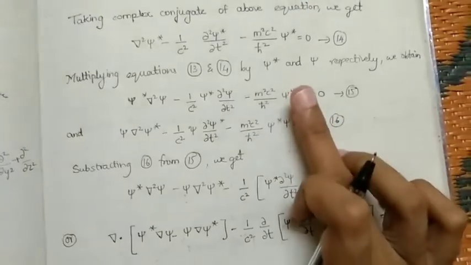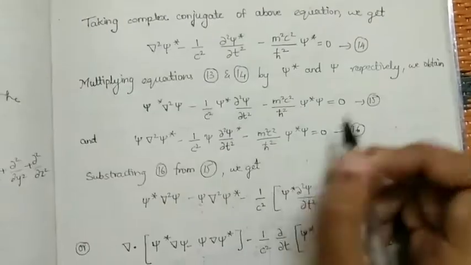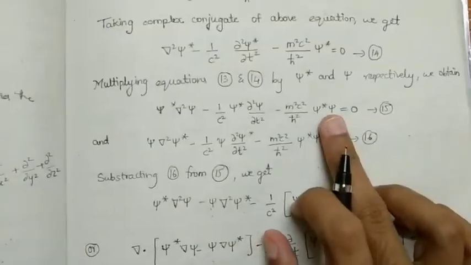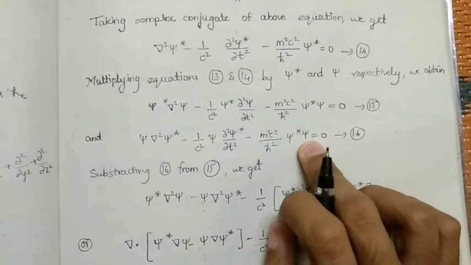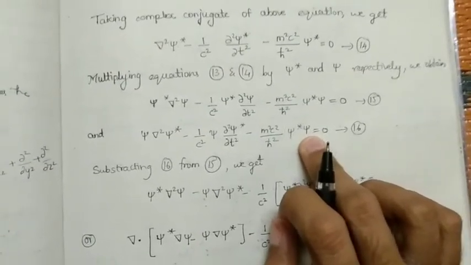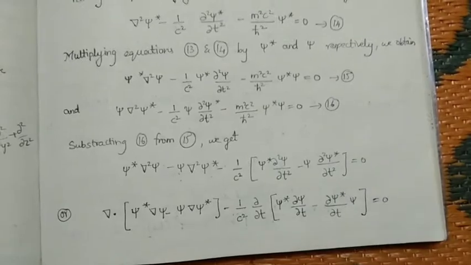Here, if we see, whether it is xi into xi star or xi star into xi, both are the same, because it is nothing but probability density. So both the terms get cancelled and these terms remain finally, with the terms equal to 0.